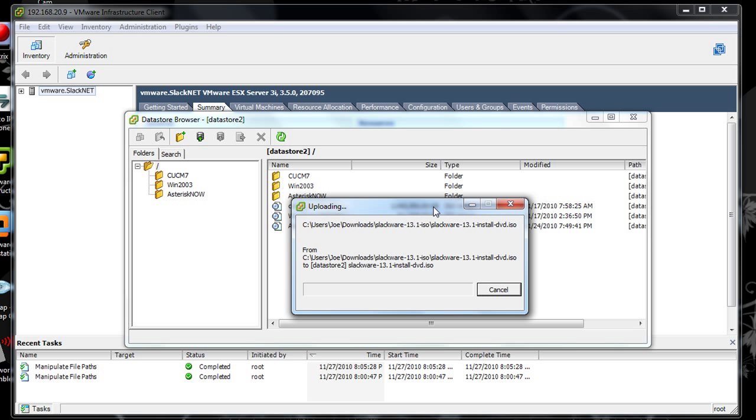Now this is slower than Samba or Windows file sharing. This is a little over 4 gig file, and if I recall, it took about 25 to 30 minutes or so. So it's not the fastest in the world, especially being in a LAN environment, but it gets the files there,